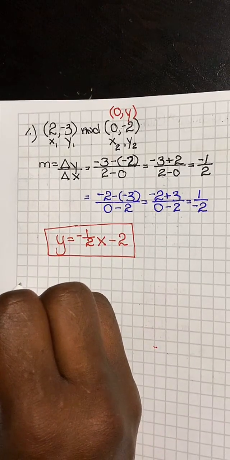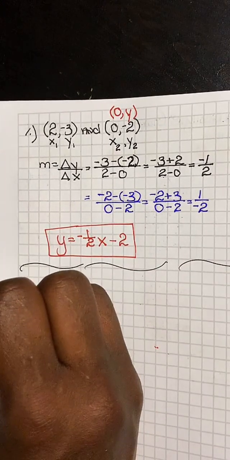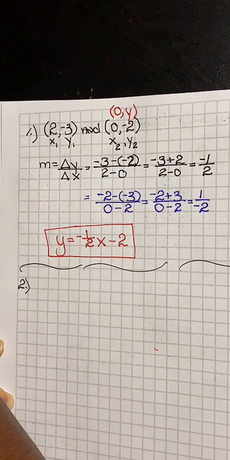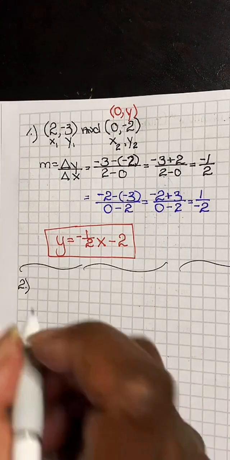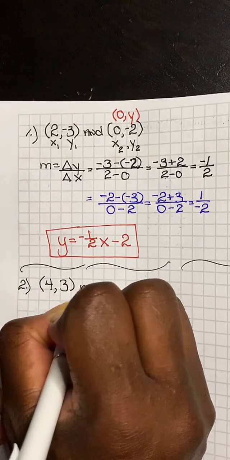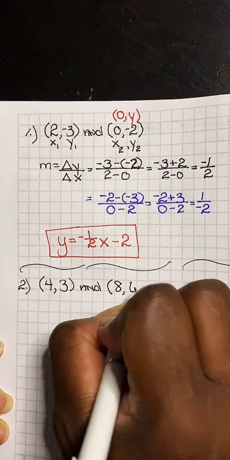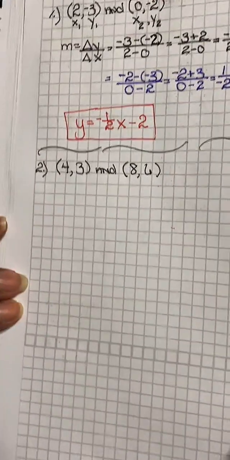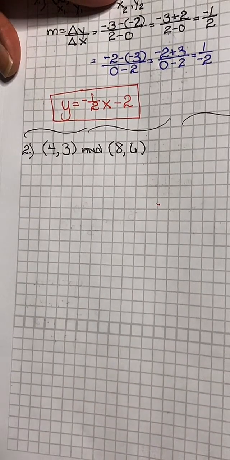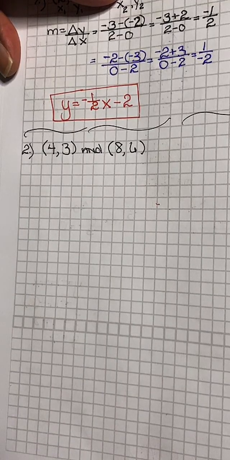Let me do this so it separates a little bit. So we got number 2. Where is it? Here it is. We got 4 and 3, and we have 8 and 6. I'm going to put it up here. Anytime they give us 2 points, every time they give us 2 points,